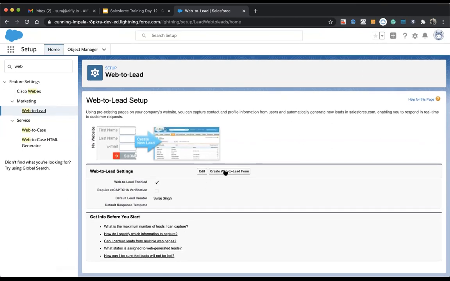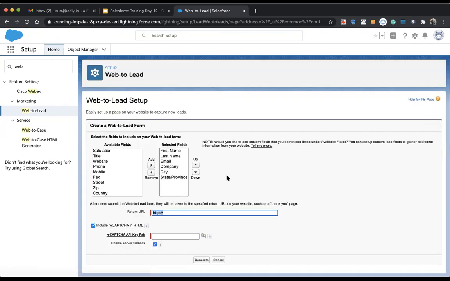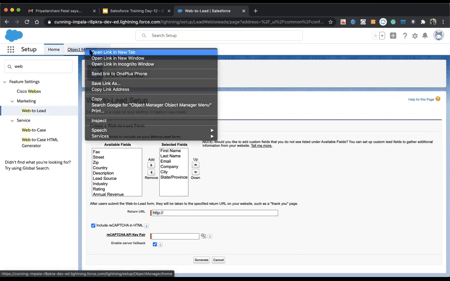You just have to create a web to lead form. In this form, you can see that we have some fields selected and some fields available. These are the fields which are available in the lead. If I look at the Object Manager and go here,